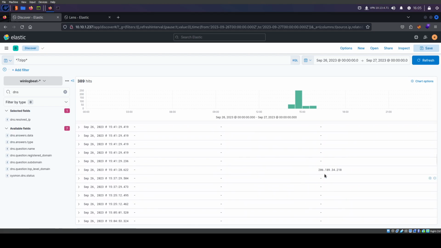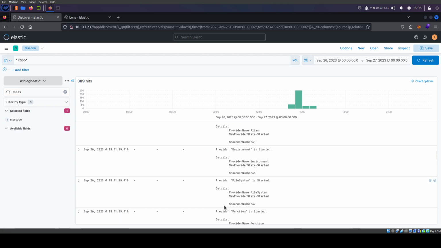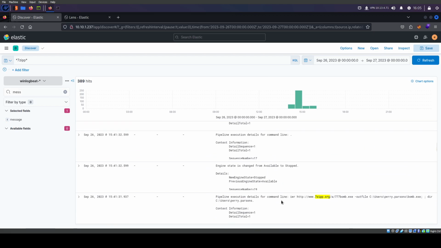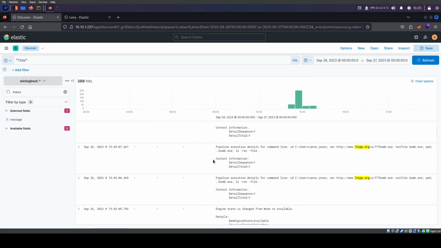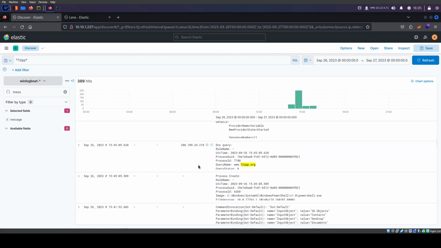So looking will tell you exactly where it is. Let's look at message. Where did my IP go? There we go. See, now I lost it. Ah, there it is. So that's the domain IP address.